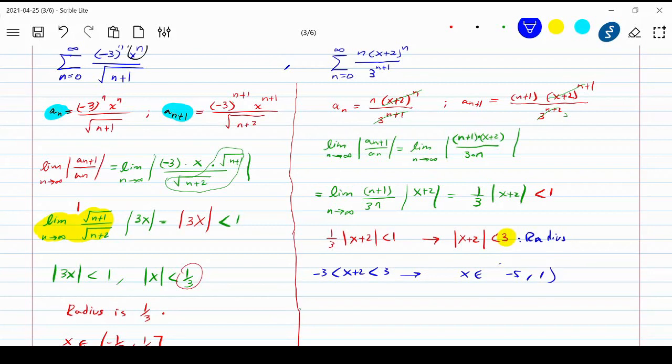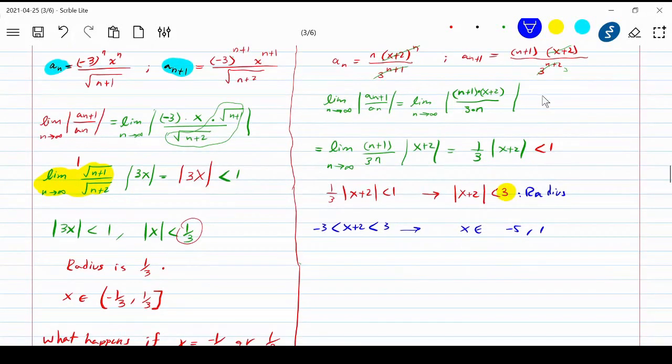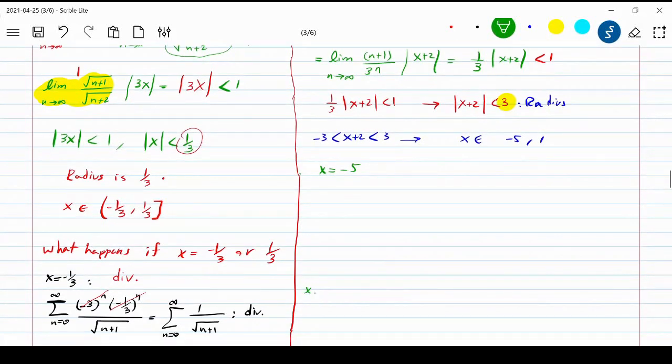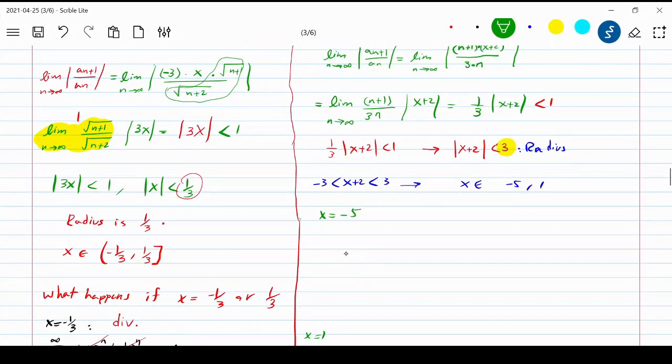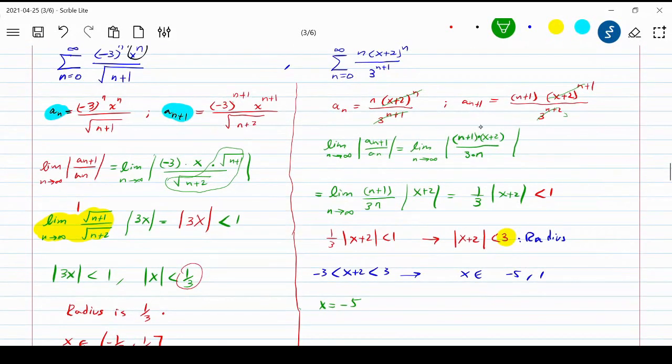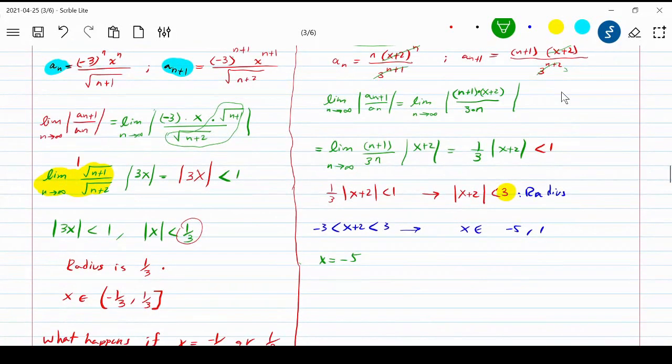And again, you don't know if these are parentheses or brackets, so we have to check the endpoints. And how do we check the endpoints? We let the x values be either -5 or 1. In both cases, we check for convergence. If x is chosen to be -5, what do we get? Let's replace x with -5 in the series. So what we get is the summation